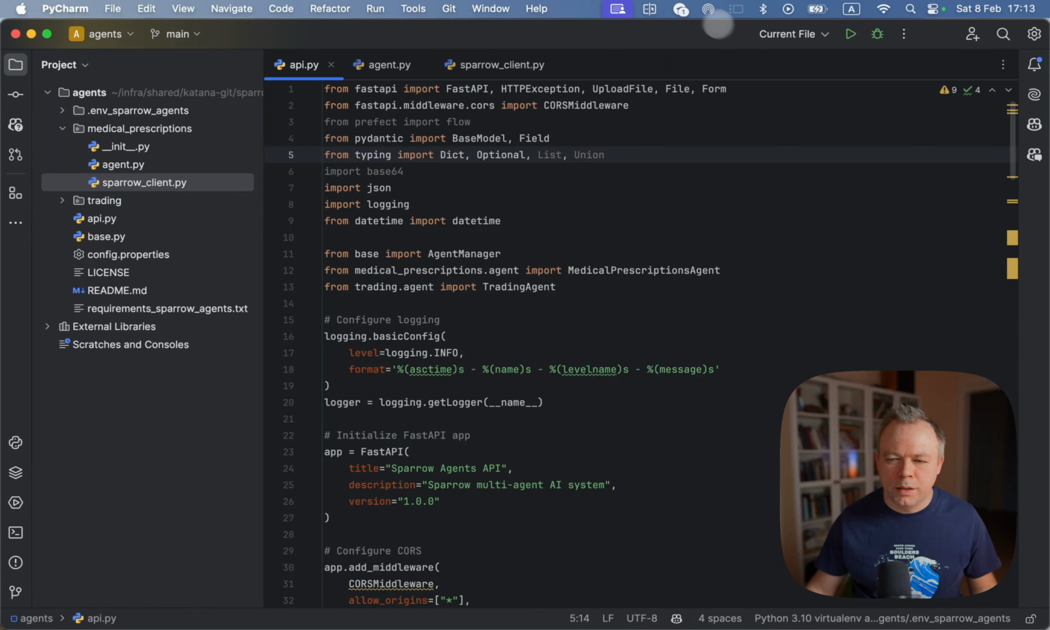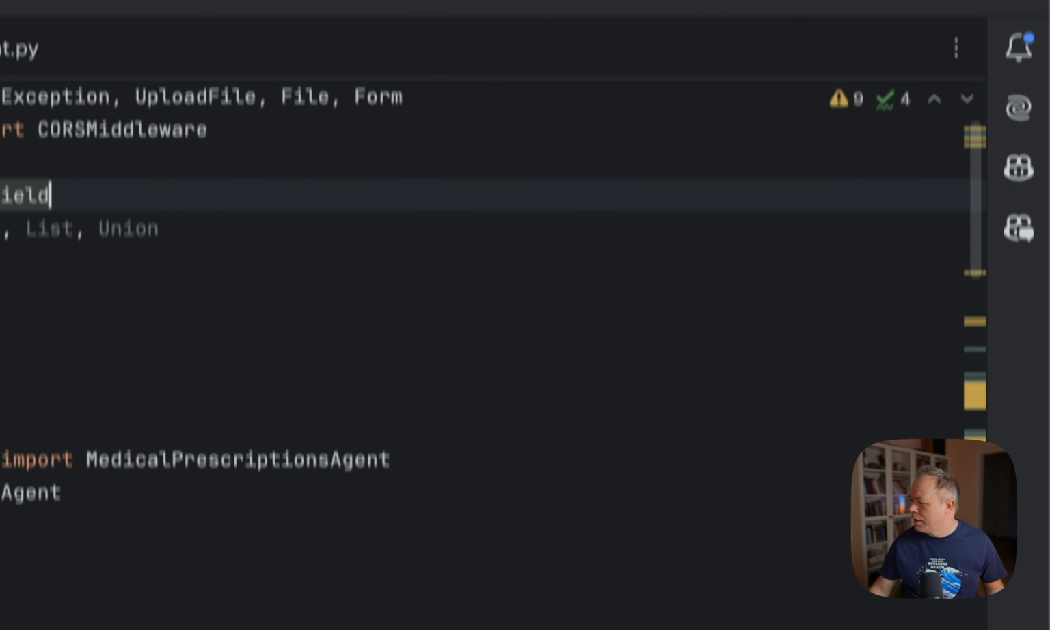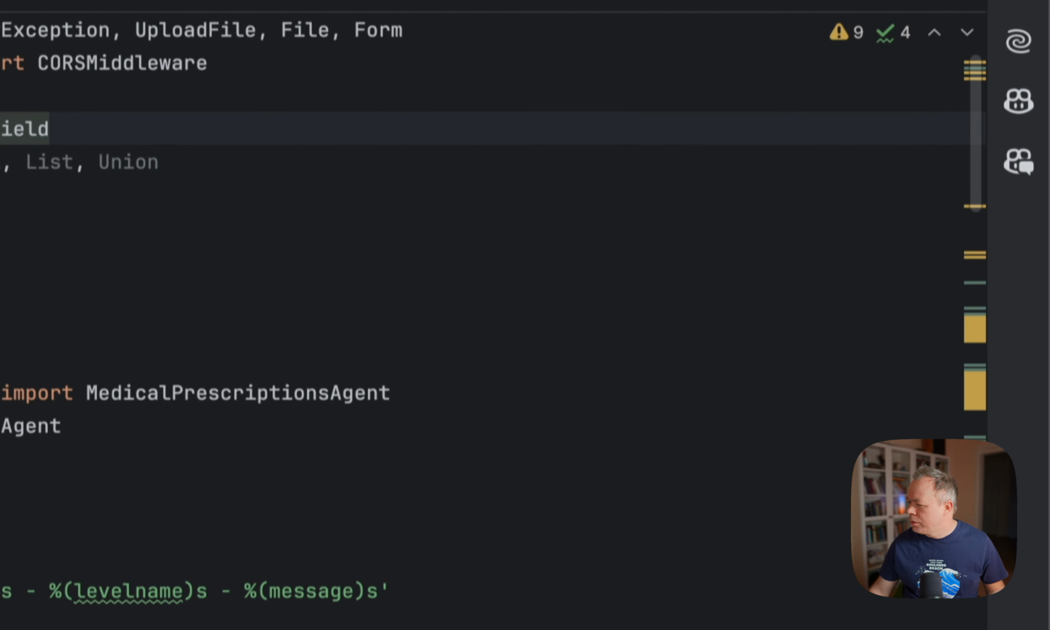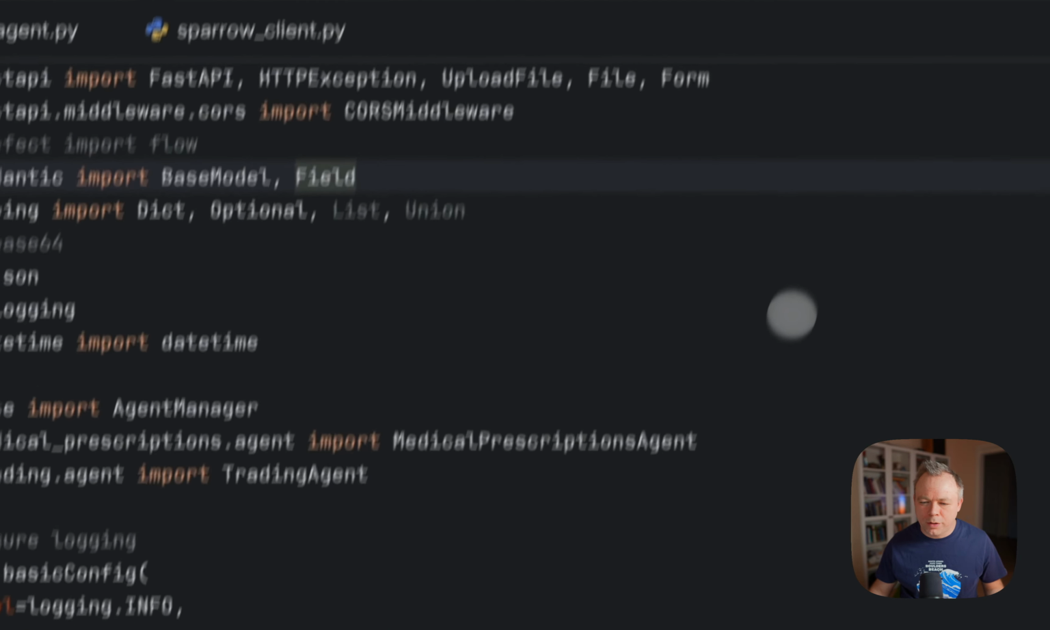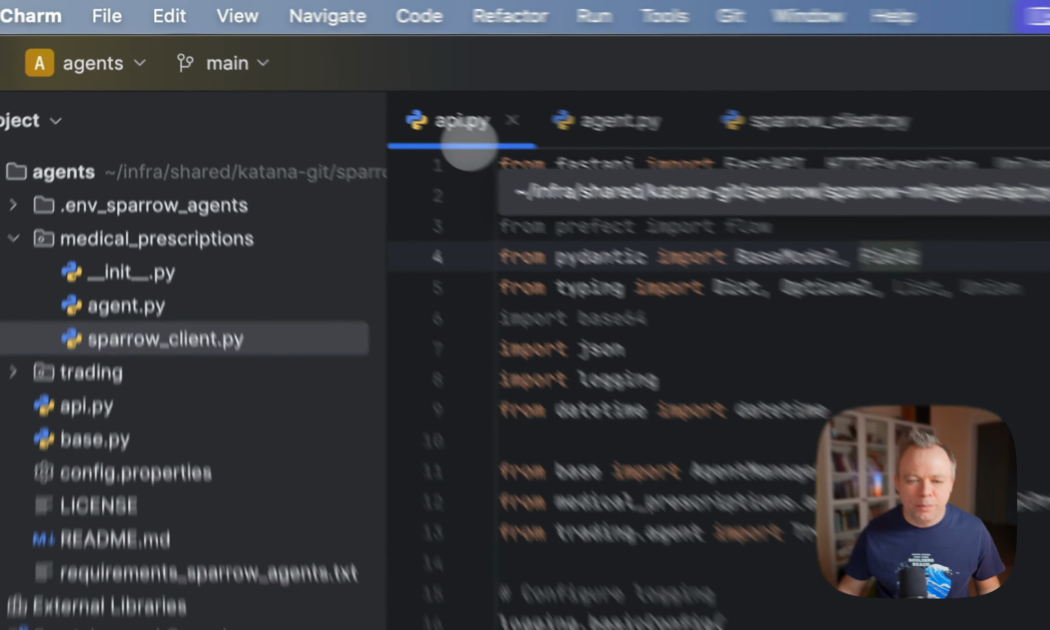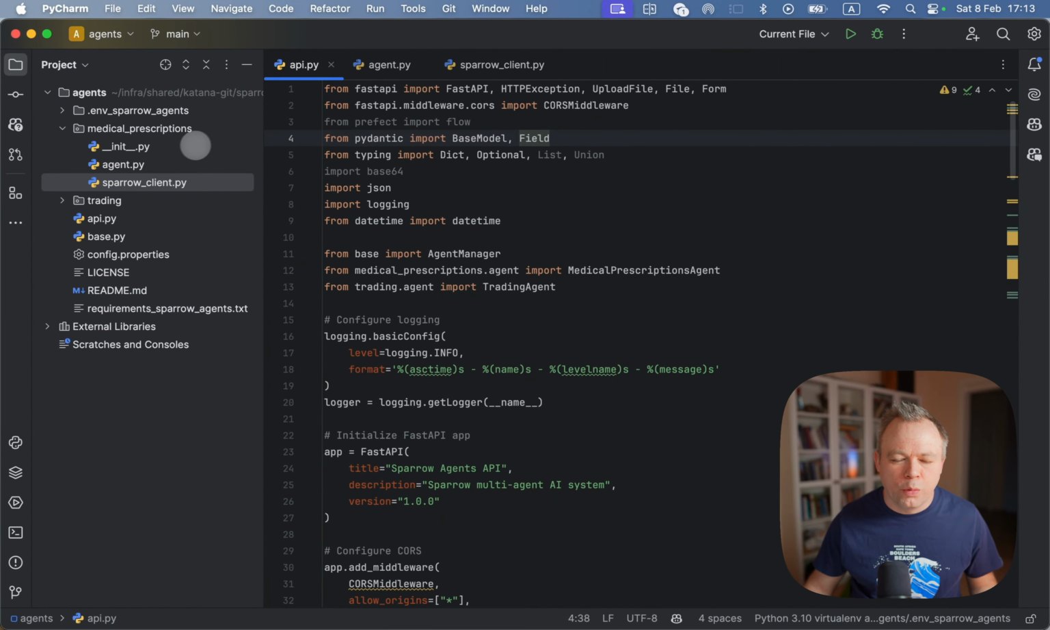Let's see, this thing, let me bring it here. Okay, so the API script is the main one, where the entry